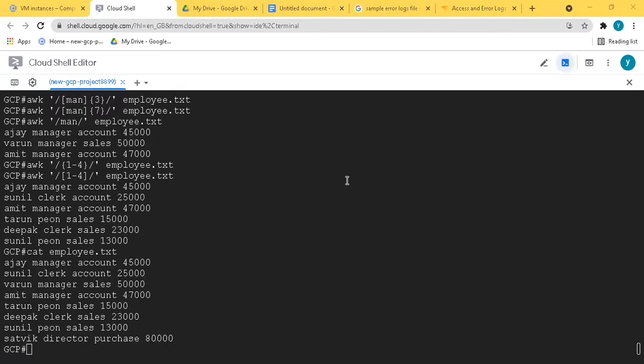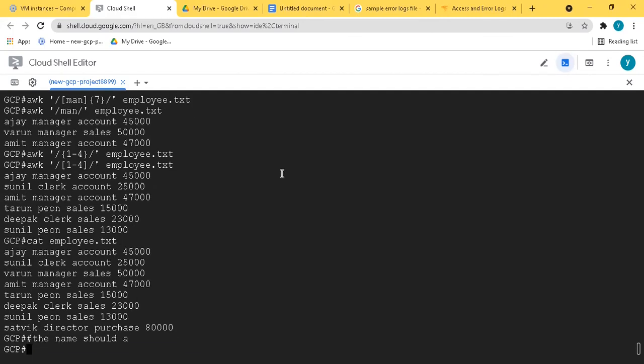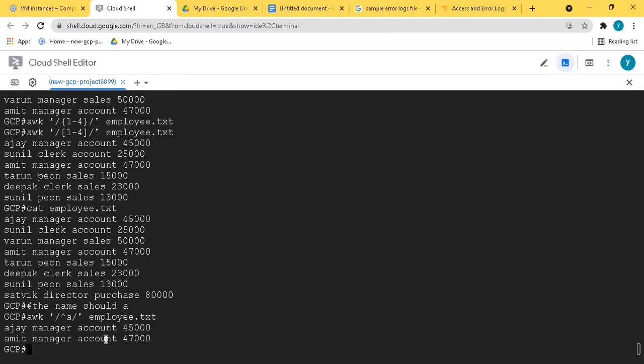Even you can define that the name should start with A. So what I will do is say awk, and then in brackets I mention dot caret A. If you remember, caret A is the old operation we used to perform. Even if you don't mention this one, that will work, but it is better to use that option only. So it will show only two employees whose name starts with A. All the salaries are there at the end, but you can also use that one.